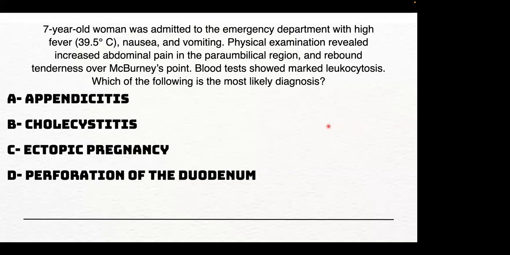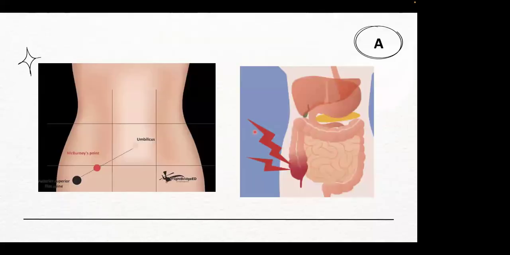So yes, it is appendicitis. So let's dive more. Appendicitis is the inflammation of the appendix itself. You have a lot of lymphoid tissue here. It could be obstructed and it can cause inflammation. It's one of the most common